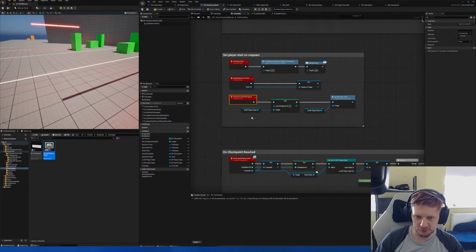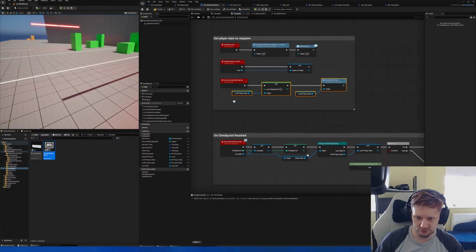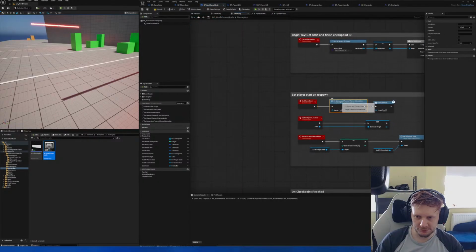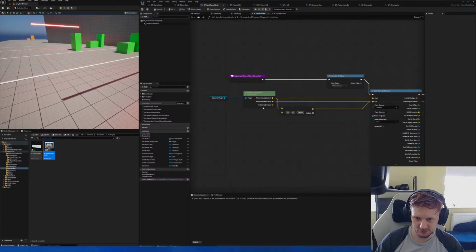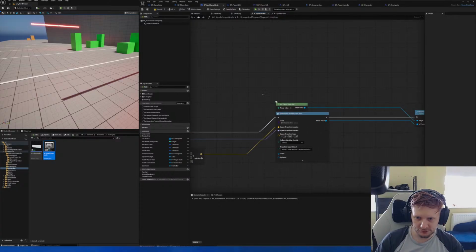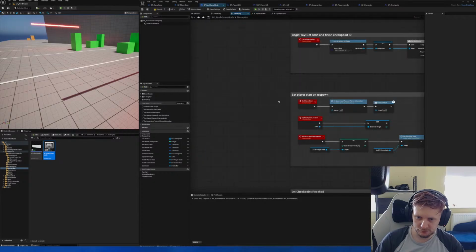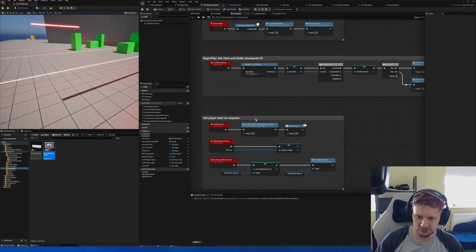And now we're gonna reset run progress for this player. And we're going to set player start. How am I setting player start? We are getting player controller. But what I really want to get